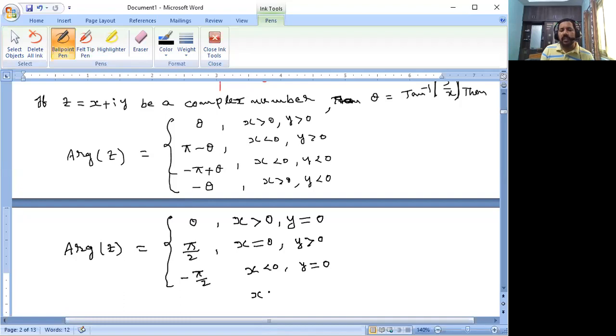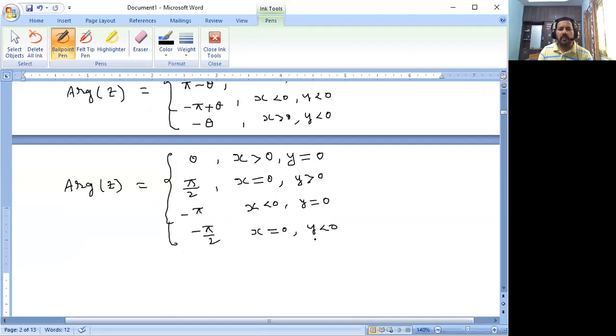If x is equal to 0 and y less than 0, so this is wrong. X less than 0, y is equal to 0 means the amplitude is minus pi. Okay. X is 0, y less than 0, that means a negative y-axis. The amplitude of z is minus pi by 2. Okay. Are you understood now? Remember it. Next, I am going to discuss